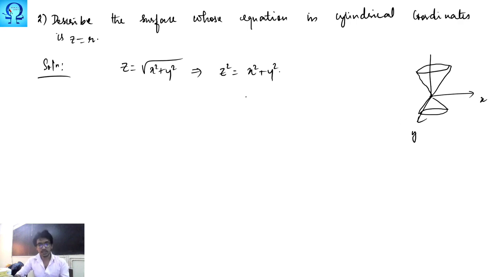So you can refer to the general equation. It is x square plus y square is equal to z square tan square alpha. This is the general equation of a right circular cone. Here this quantity has to be 1. So the angle that we take is 45 degrees, so that it is 1, and we have this as the equation. Right? It is simply given like this.